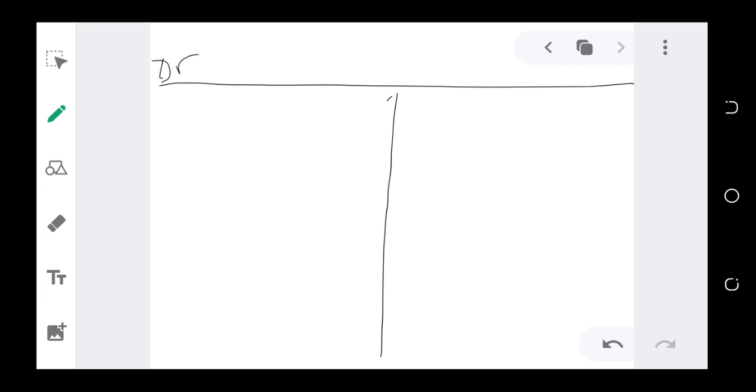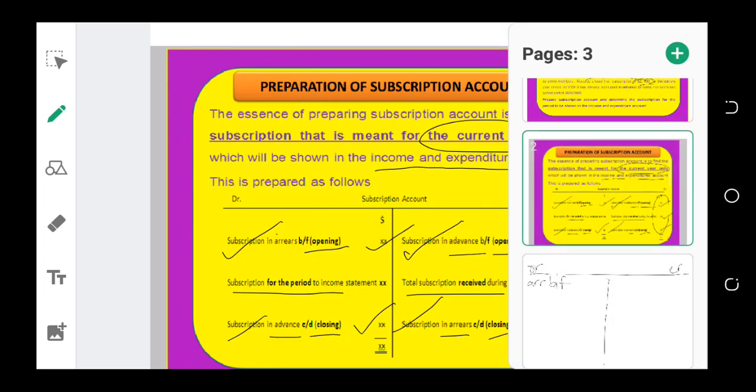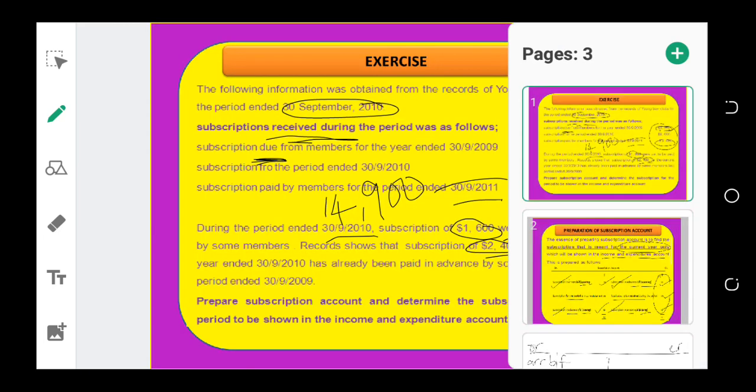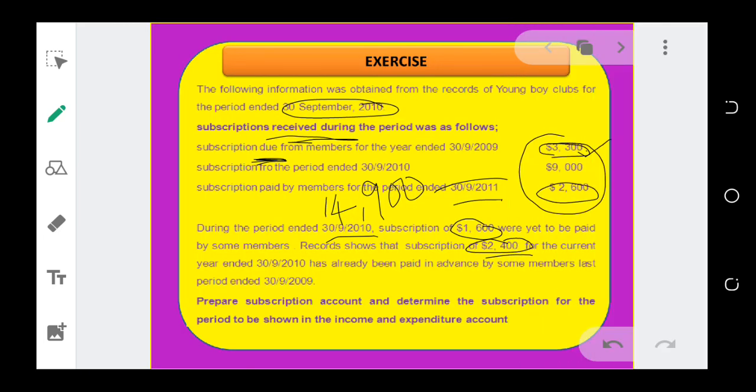So you have your subscription account like this. Exactly. So here we're going to have the debit side, credit side. So here we are going to have our subscription in arrears brought forward here. So how much is our subscription in arrears brought forward? Sorry, let's check the question. So arrears brought forward, that is